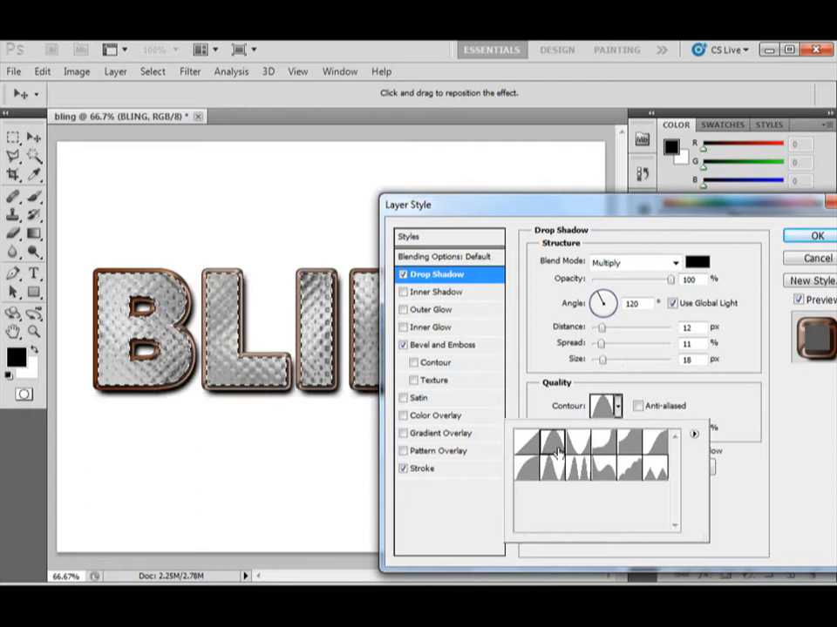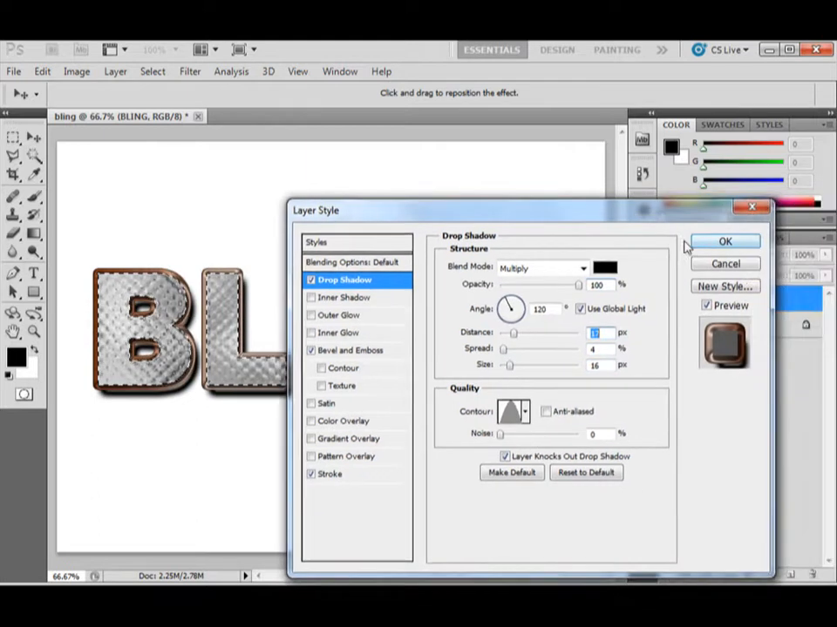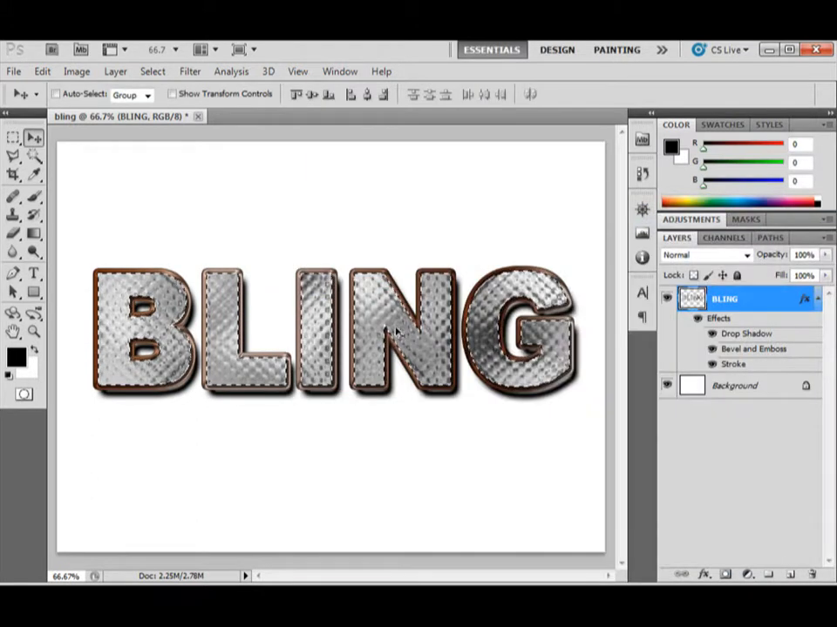And for the contour, we can change that. There we go. I like cone because it gives it a little more darkness. And of course, you can change the size of it. That's a little too much. And you can adjust the distance too. There we go. That looks good. And I'll click OK. Now the only problem is this needs to look gold, so we need to change that